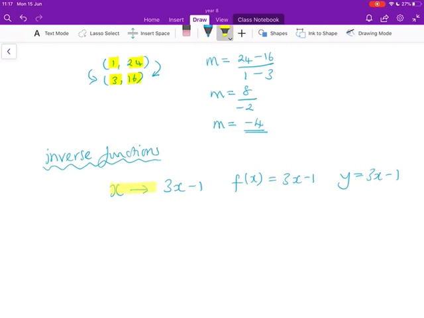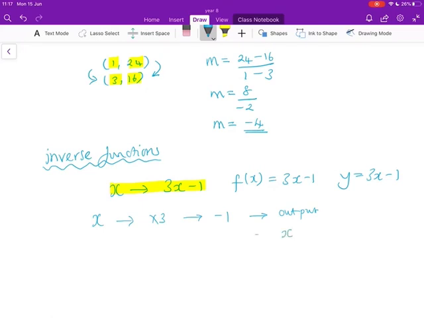They're all different ways of representing the same thing. So this function is telling us to take an input x, multiply it by 3 to give us 3x, and then subtract 1 afterwards. So we're taking an input, multiplying it by 3, and then subtracting 1,